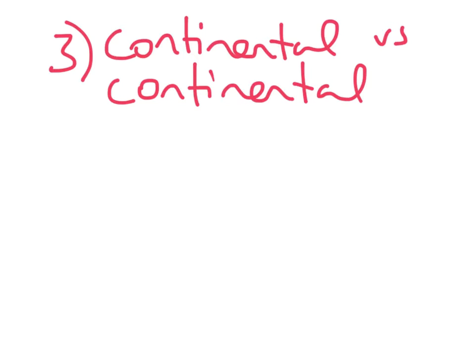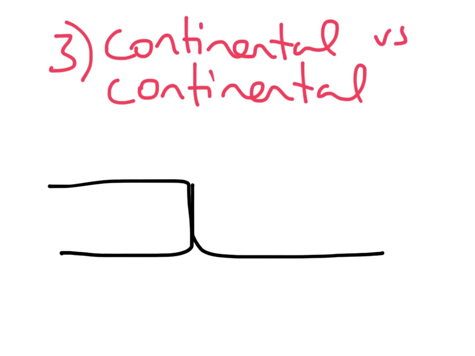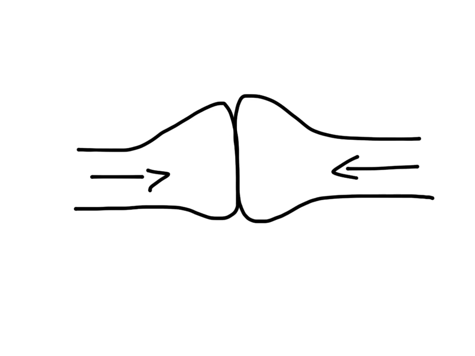Last but not least, number 3 is continental versus continental crust. And let's be honest, everyone, this one is even easier than the other 2. You end up with 2 large, thick pieces of continental crust butting heads and coming together. What happens? Because no one is dense and no one is thinner than the other, you end up with just a bit of a butted head. Both of them don't break the other one, both of them don't subduct the other one, they just sort of butt heads, and over time